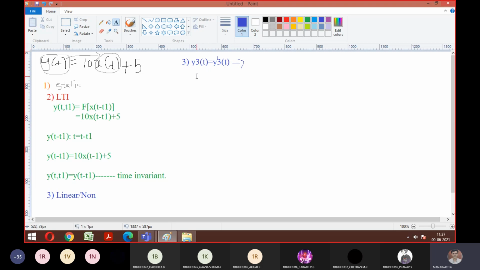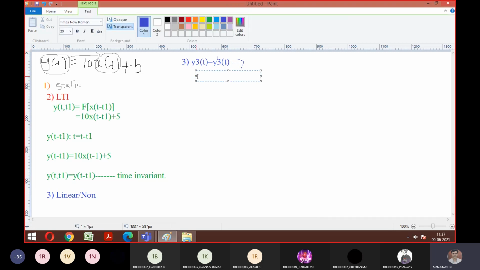So let's proceed with this. I hope everyone remembers the formula, right? To get y3 of t, we need to have y1 and y2. Yes or no? So let's try to get the individual outputs first. Nothing new, I'm repeating n number of times. What you learned individually, we are combining all in one problem to get 10 marks. That's all. Tell me the formula now.